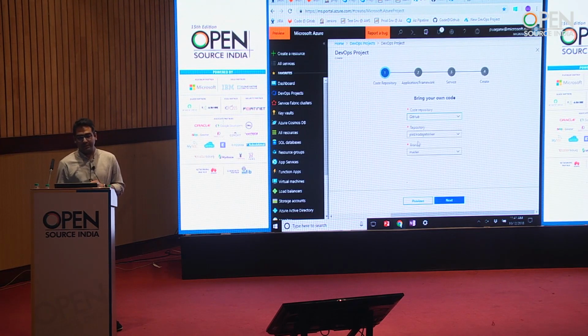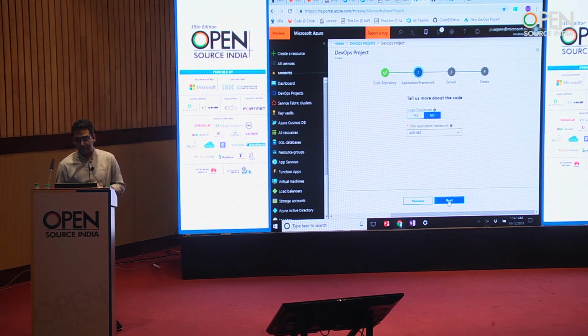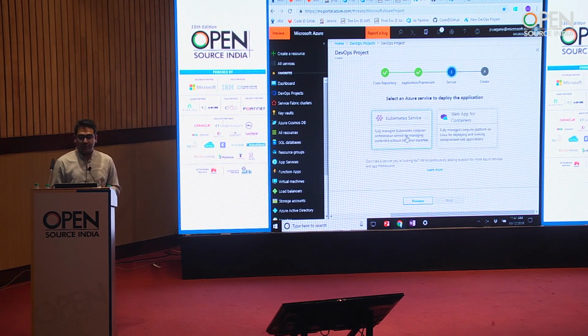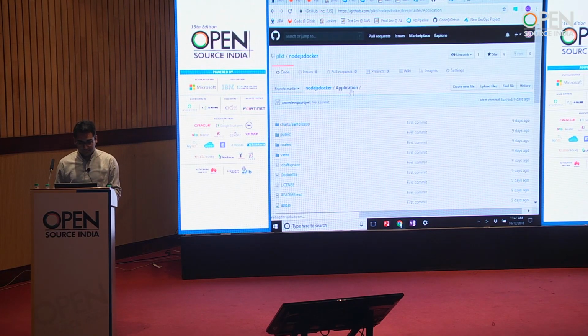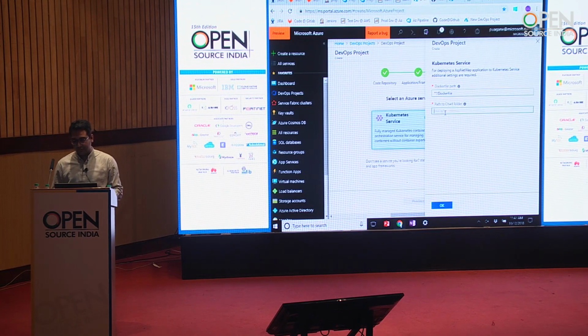In this one, what we do is we have the repository, and we have the branch, which is master. This is the master branch, and the next step is to specify whether there's a Docker file or not. Yes, a Docker file. And you can choose where you want to deploy it. My Docker file location is fine, and I need to have a location for my Helm charts as well. So the two inputs that you need to provide over here are the path to the Docker file and the path to the charts.